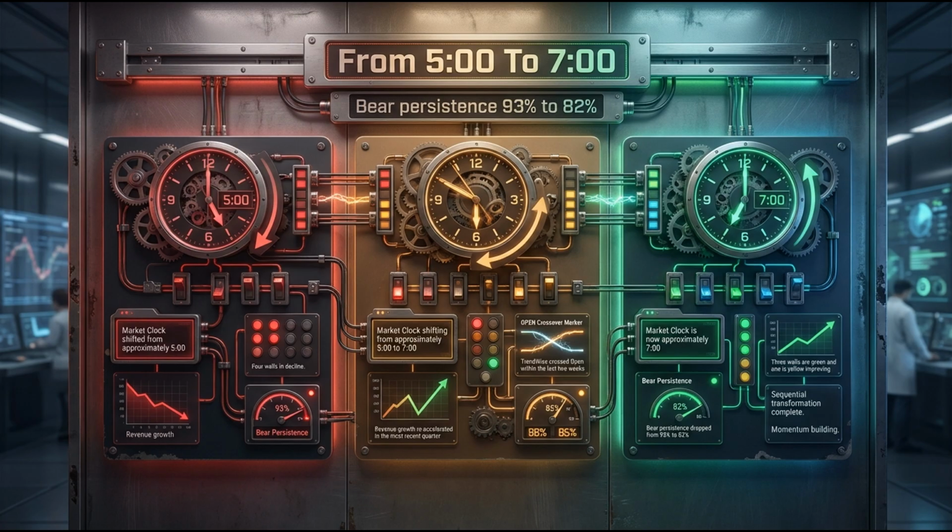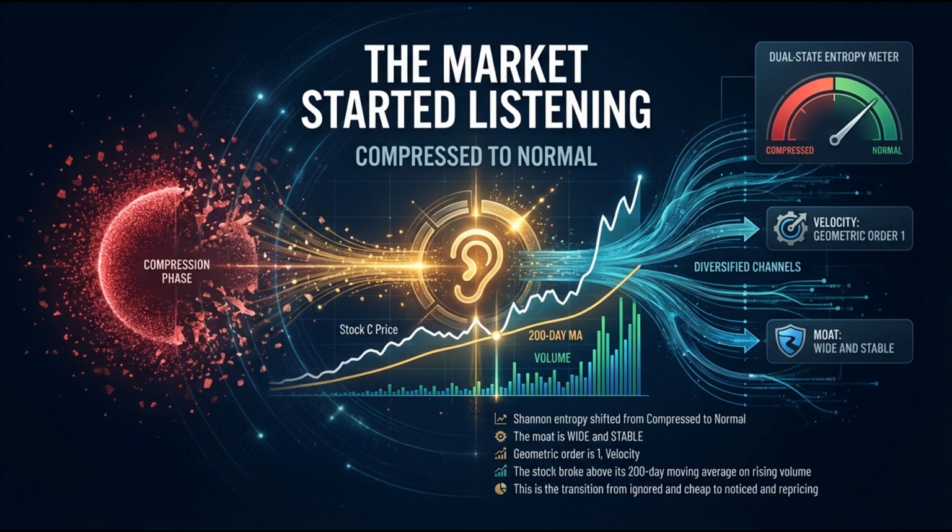Conversely, if the hidden Markov model completes its transition and fully confirms a bull regime, the practitioner scales the position to maximum full conviction. I agree entirely with the tactical scaling. The transition state is highly unstable by definition. The market is deciding whether the recovery is real or a dead cat bounce, requiring dynamic risk management. But acknowledging that instability requires acknowledging a distinct operational reality for the human utilizing the framework.